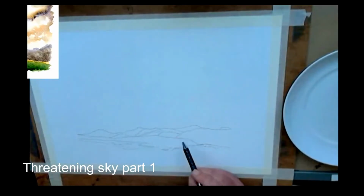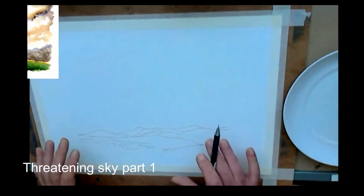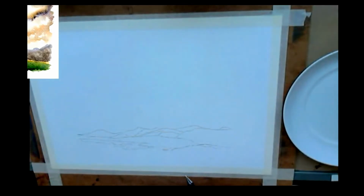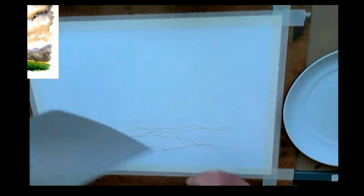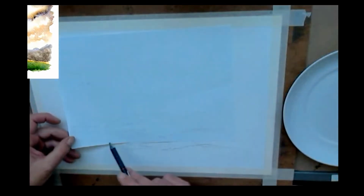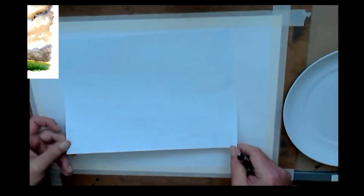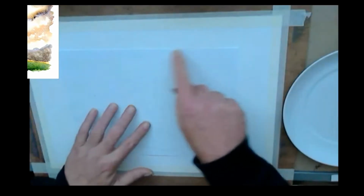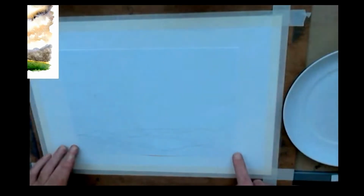This is the sketch I did on the day, and I've gone over it so I can make a copy. For people who aren't happy with the drawing, nothing wrong with that. We all have to learn. So if you download it, print it off on an A4 piece of paper, and then stick it down with masking tape. Make sure you're in the middle, and then you need your